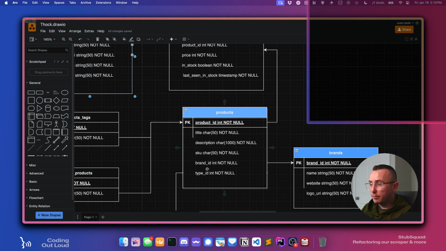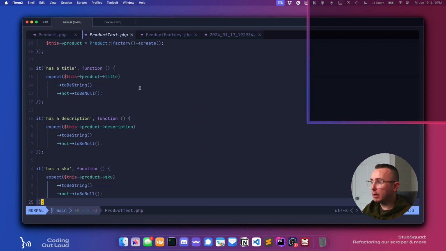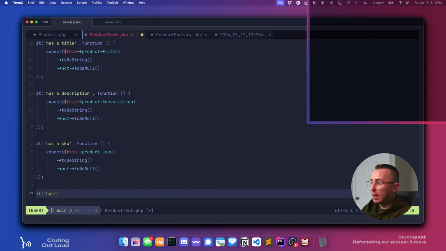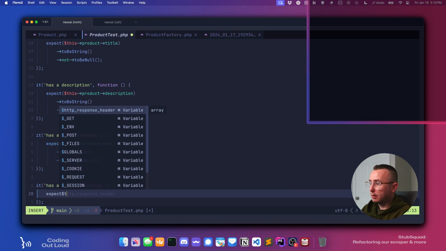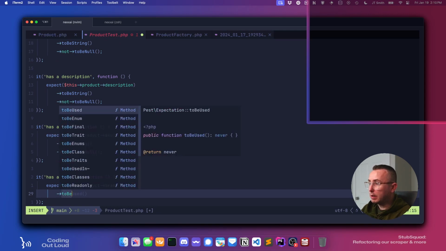Okay. So the next thing we care about is the brand ID and the type ID, which we're not going to worry about for right now because it's dependent on having this types model. So we'll just hook it up to the brand, and then that should be it. So it has a brand, and this is the fun part. So we're going to say function this, expect this product brand to be